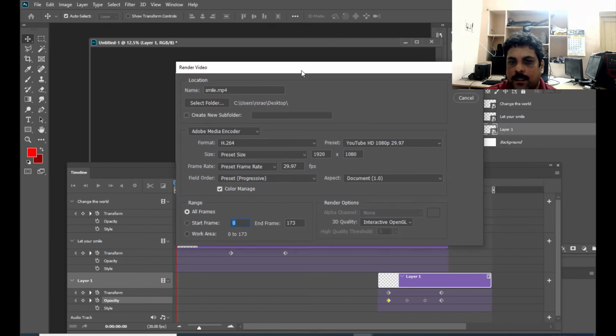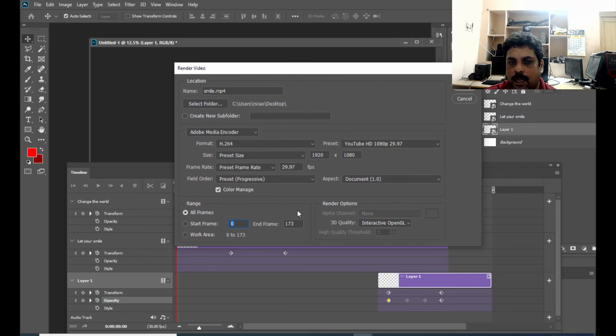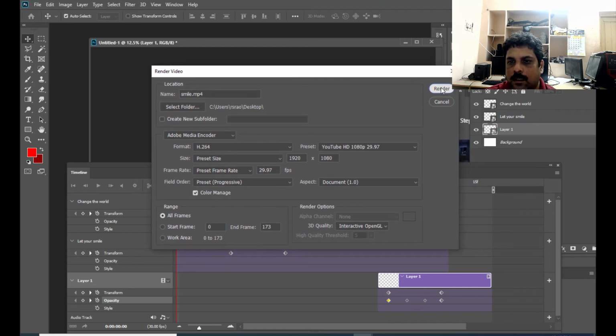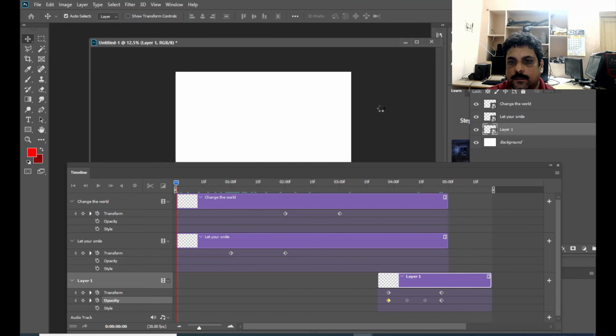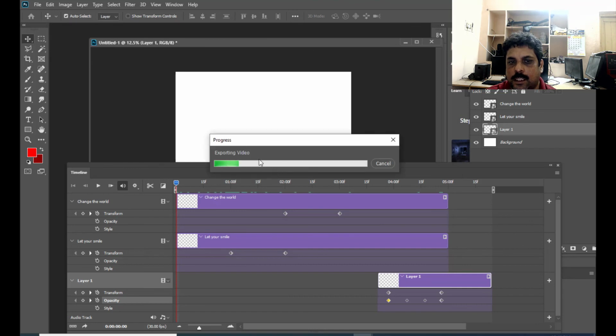And then the remaining options, we don't have to change anything, just simply click on render. So this is exporting the video. We just have to wait for some time, and depending on the speed of your computer, it will either export slowly or fast, but you have to be a little bit patient.